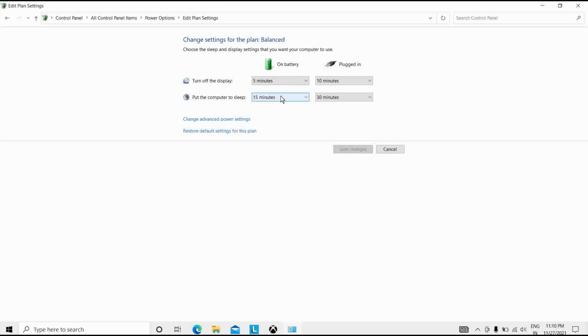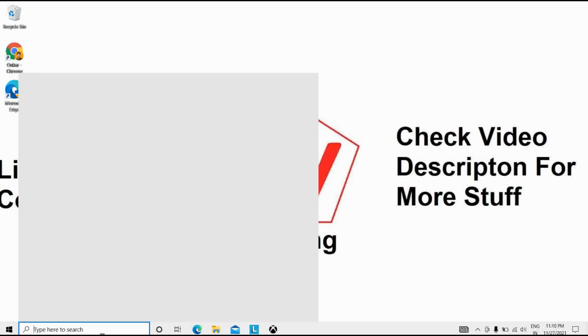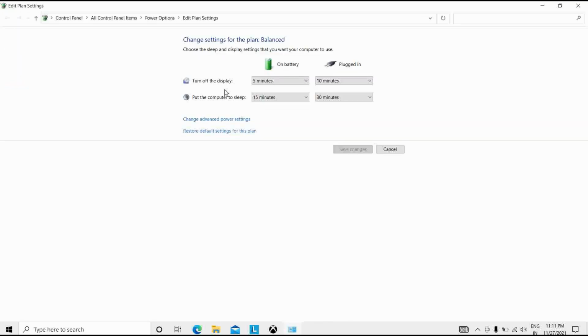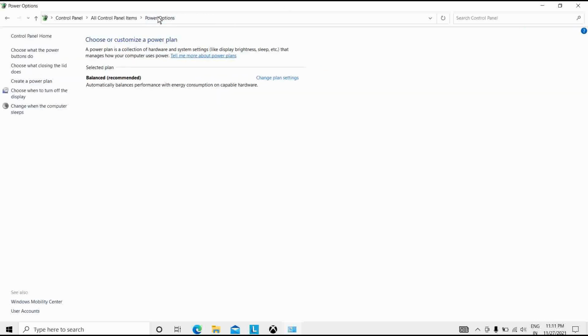Then I will close and again type here power, and we have to open Edit power plan from here. Then you can see the power options in the address bar at the top of the window. You should see the power options screen again, and Show additional plans.